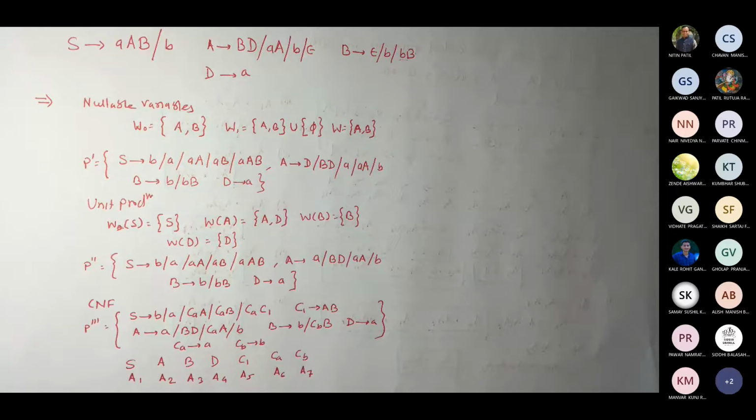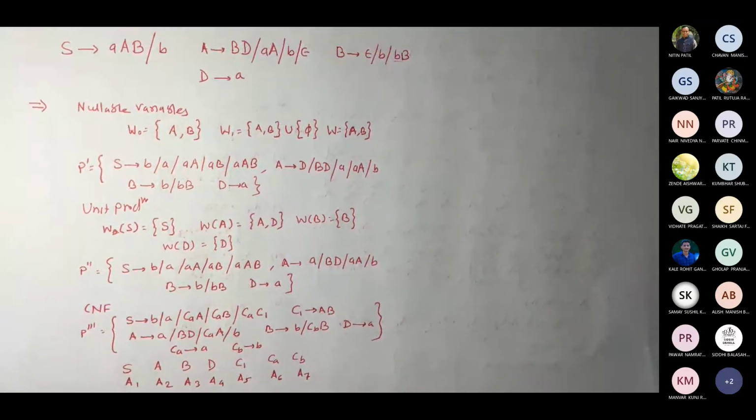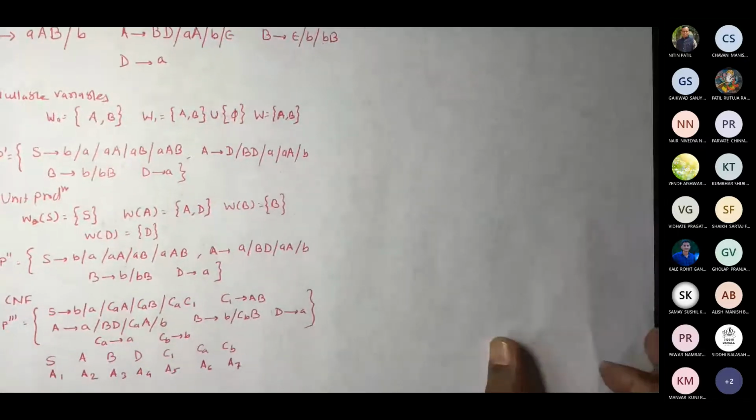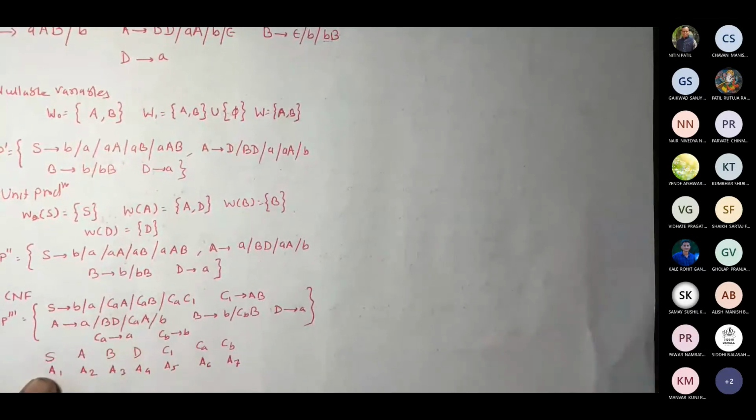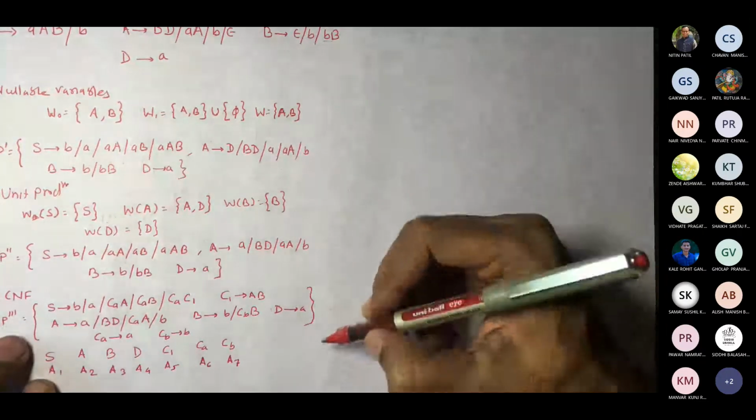Fine. Chinmay, please take screenshot of this. Or Samay, anybody can do that. Add the screenshot so that this is in CNF and we have now converted it. Now we have to convert it to GNF. When you are done with the screenshot, let me know so that I can move next. Thank you. So now I have to rewrite these productions using these names. So let us write it.